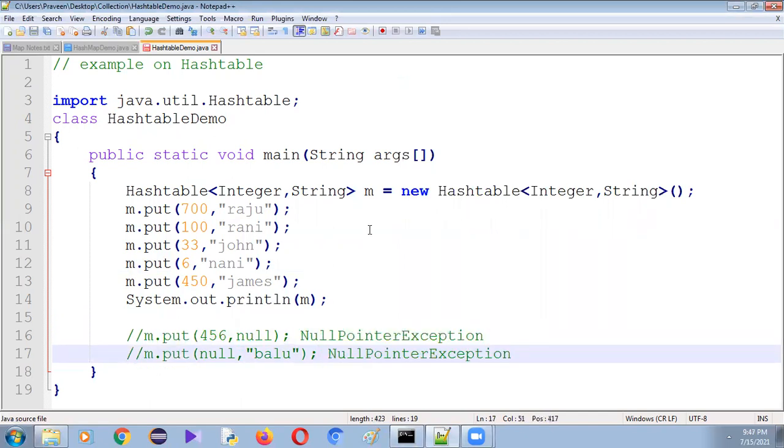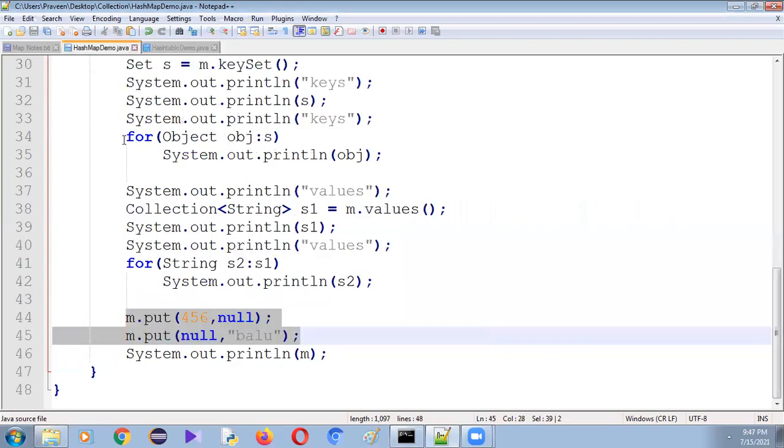Now one more difference with Hashtable is that in Hashtable every method is synchronized. So at a time only one thread can access it, and the remaining threads have to be in a waiting state, so definitely the performance will decrease. Whereas in HashMap no method is synchronized, so multiple threads can access it, so performance will be faster.